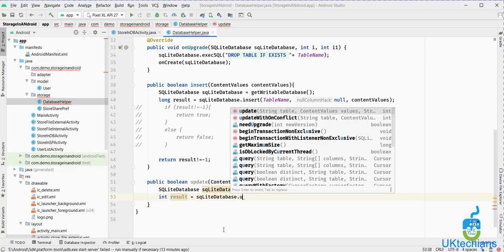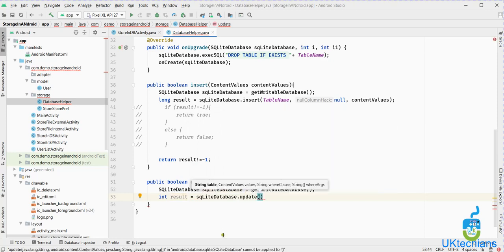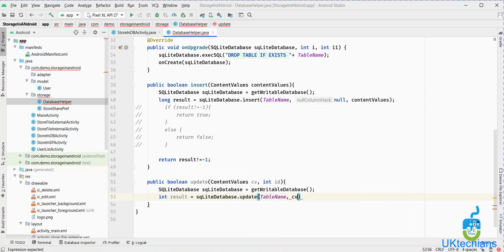So we will say SQLite database dot update, and in update we see these are the things we have to call: string table, content values, where clause and where arguments, right? So let's give the table name, which is user DB. Then we have to give the content values, which is CV, and we will say ID equals to, we are updating the result by using the where clause, right?